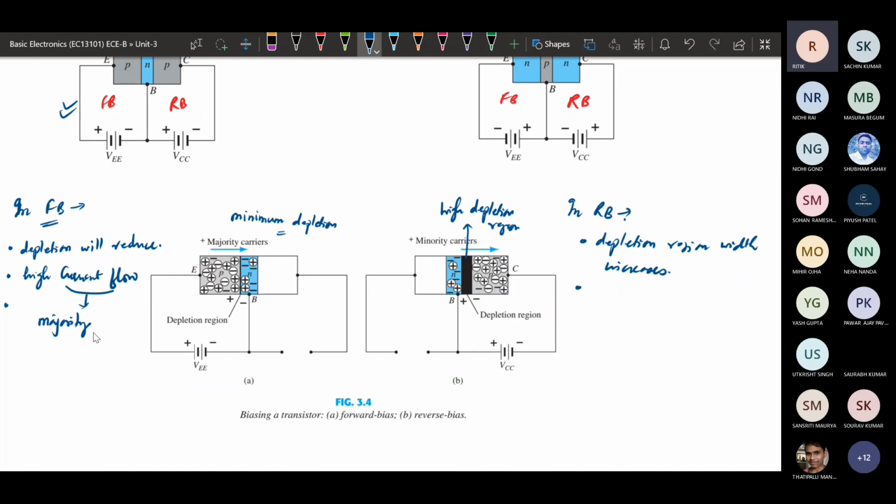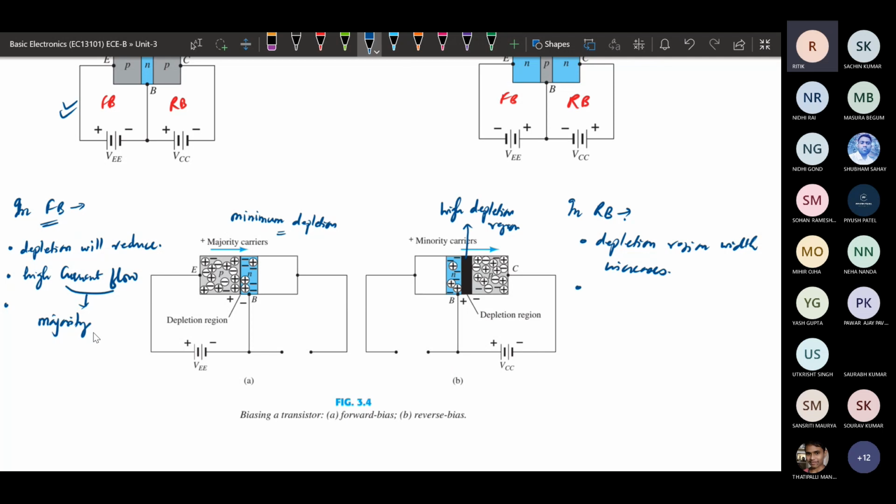But the minority carriers can easily pass this barrier, because this side is positive. In this N region, holes are minority, so these holes will be repelled by this positive terminal. Because of this applied potential, these minority holes will cross the junction easily. And from the P region, the minority electrons will constitute the current by passing through the barrier potential.